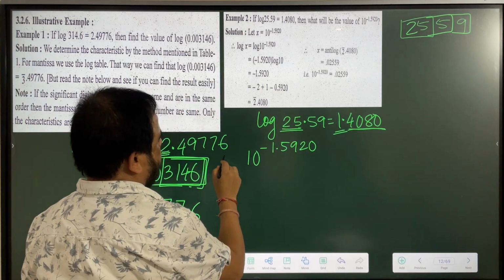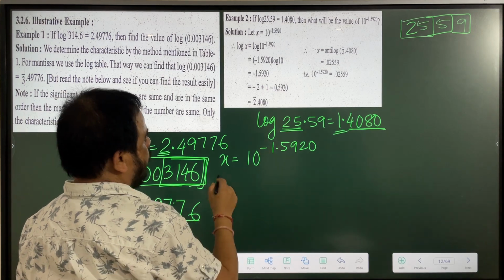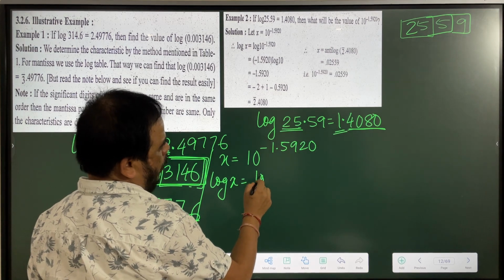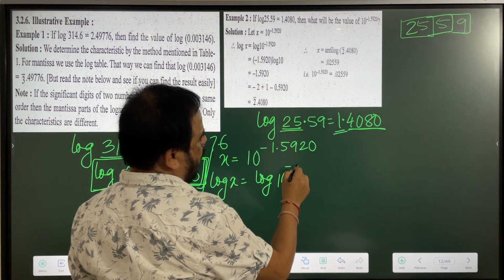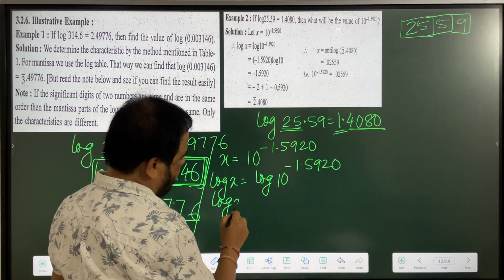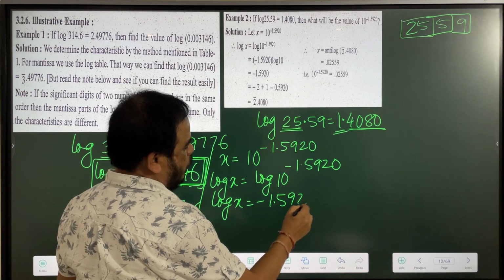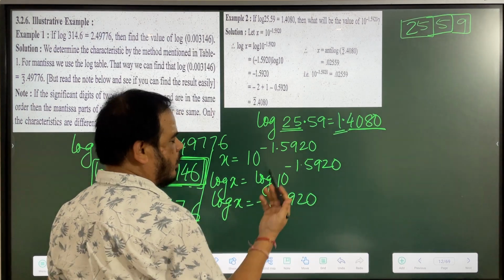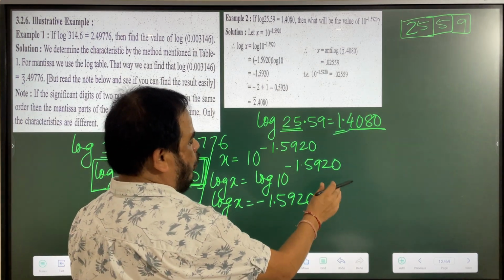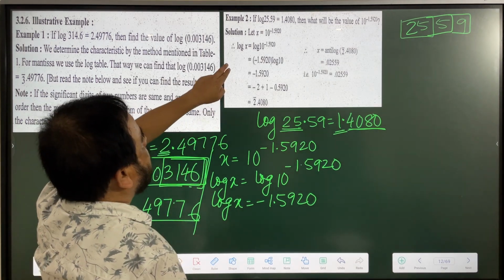So let us take x. The left side is already written, so I am not going to write it again. Taking log on both sides, log x is equal to log 10 to the power minus 1.5920. The power comes in front: minus 1.5920 log 10. We don't write log 10 because log 10 is 1. So log x equals minus